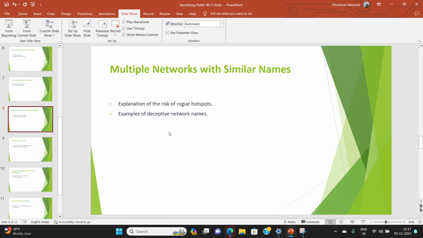You should verify the SSID before you connect. And if you connect to rogue hotspots, there might be pop-ups coming, which is also a sign of a rogue hotspot.